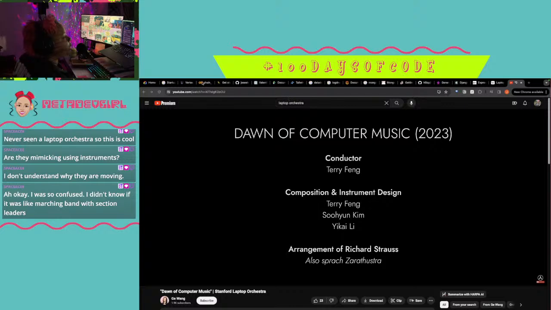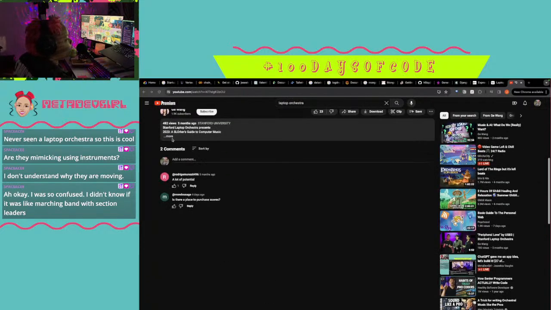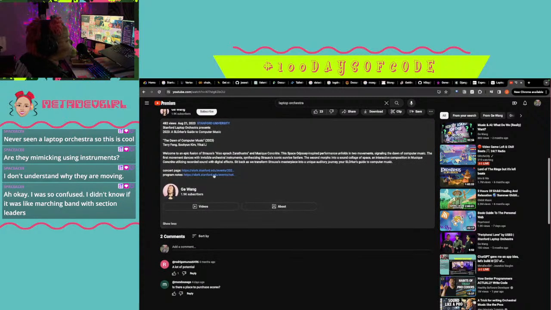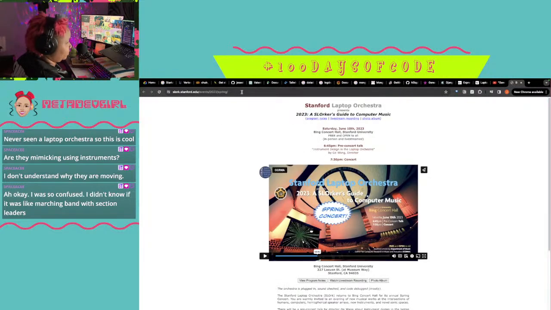That's very interesting. So they have a whole orchestra at Stanford. Concert page, program notes. Slork. A Slorker's Guide to Computer Music.